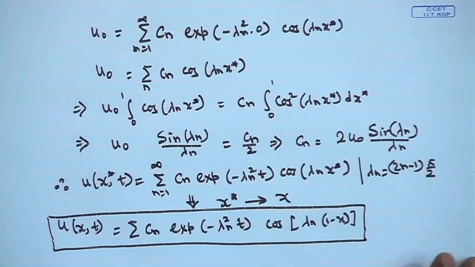So, that will be giving you the complete solution. Similarly, if we have the third kind of problem, if you remember the boundary condition at x equal to 0 is Dirichlet and the boundary condition at x equal to 1 is Robin mixed, and if the boundary condition is now reversed, that is, Robin mixed at x equal to 0 and Dirichlet at x equal to 1, then we will have a transformation of the coordinate system by defining x star equal to 1 minus x, and then it will be recast in a standard form of second kind or third kind,